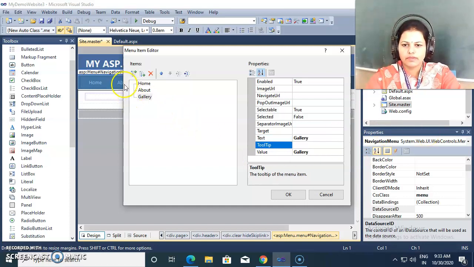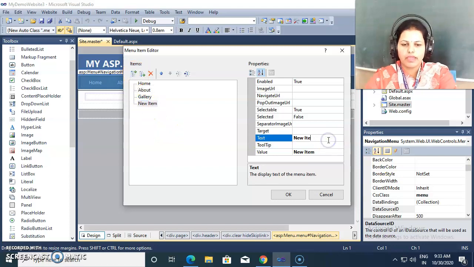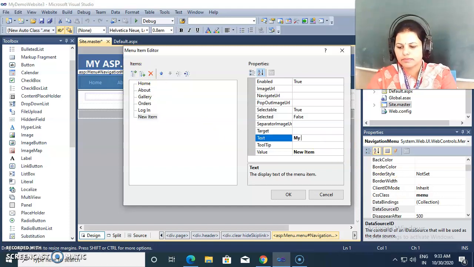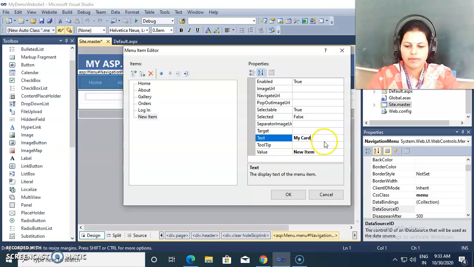Then again if I click on this, orders. Then if I click on this home or main root item, I'm using here one menu as login, my cart.